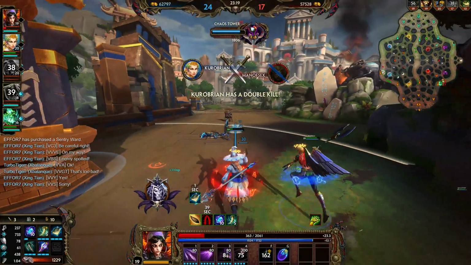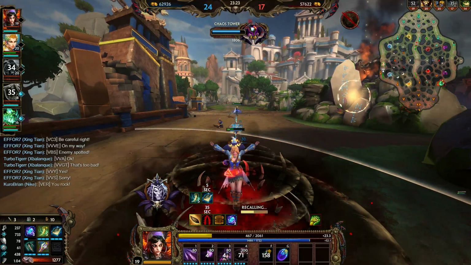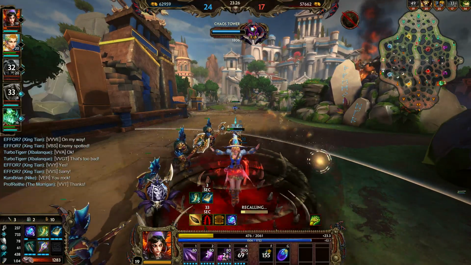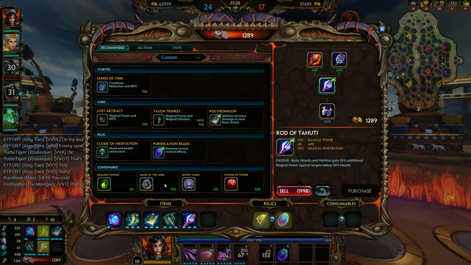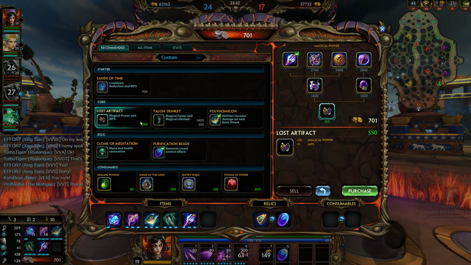Excellent. That worked out quite nicely. Just going to grab that for the healing. And then we're going to go ahead and grab Nimble Bancrofts, which I like to grab specifically for